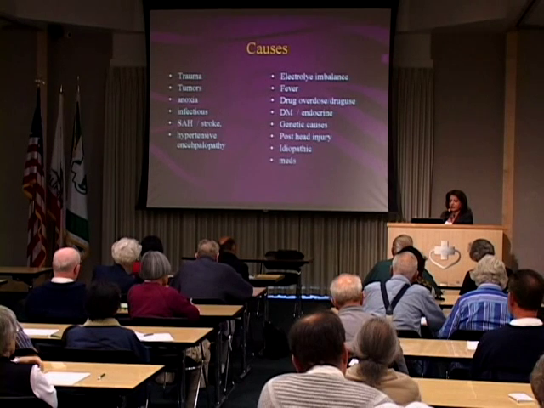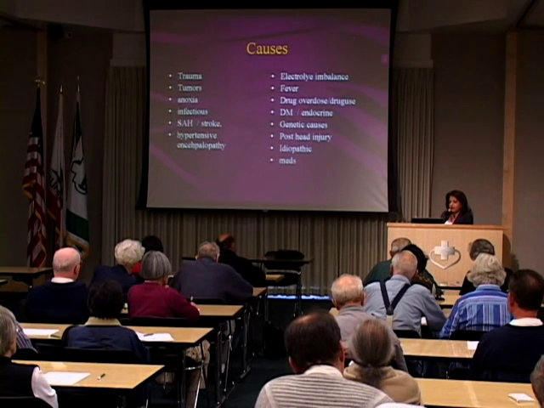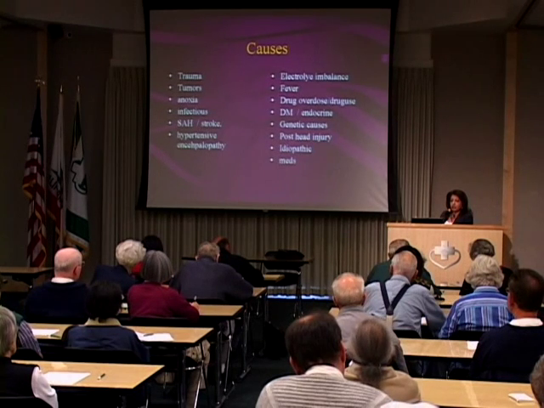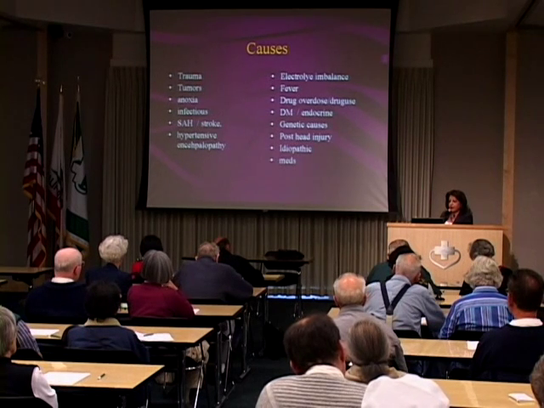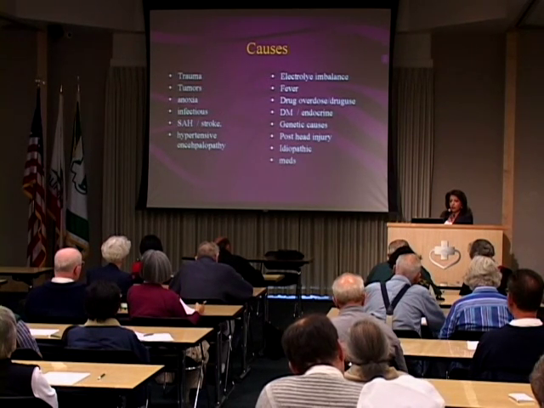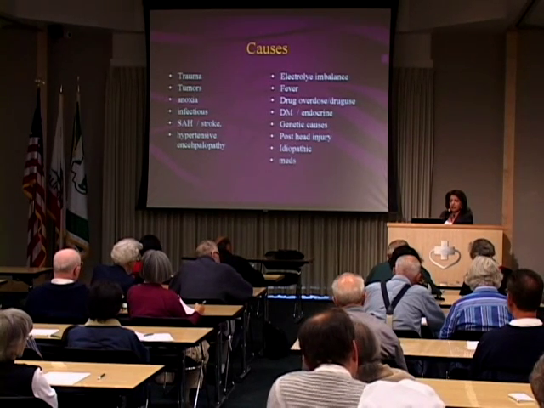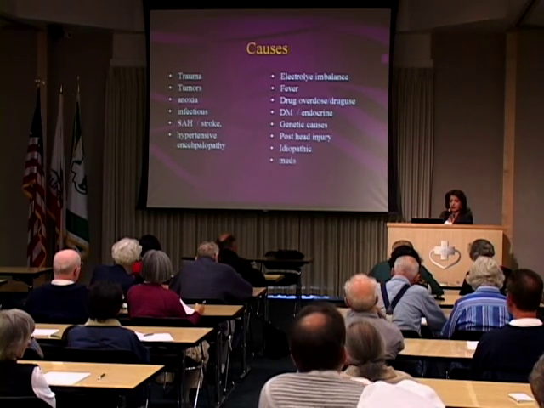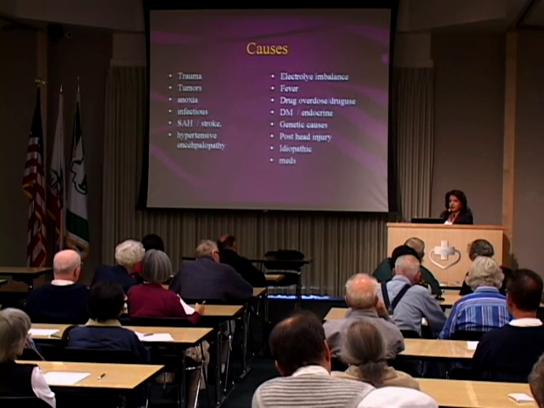Electrolyte imbalances, that means very low sodium, very low calcium. If that is happening to the body for other reasons, the patient can have a seizure. High fever, drug overdoses like methamphetamine, cocaine, ecstasy, all those drugs can cause seizure. Diabetes, low glucose can cause seizure, and high glucose can cause seizure. Endocrine, lack of thyroid hormone can cause a seizure. Genetic causes, some seizures run in the families. Idiopathic means unknown cause. That's very important.